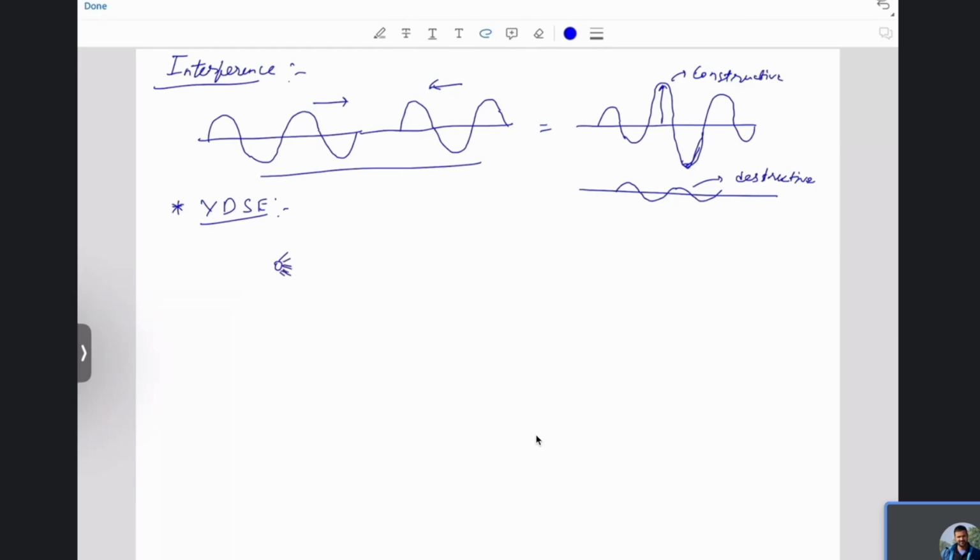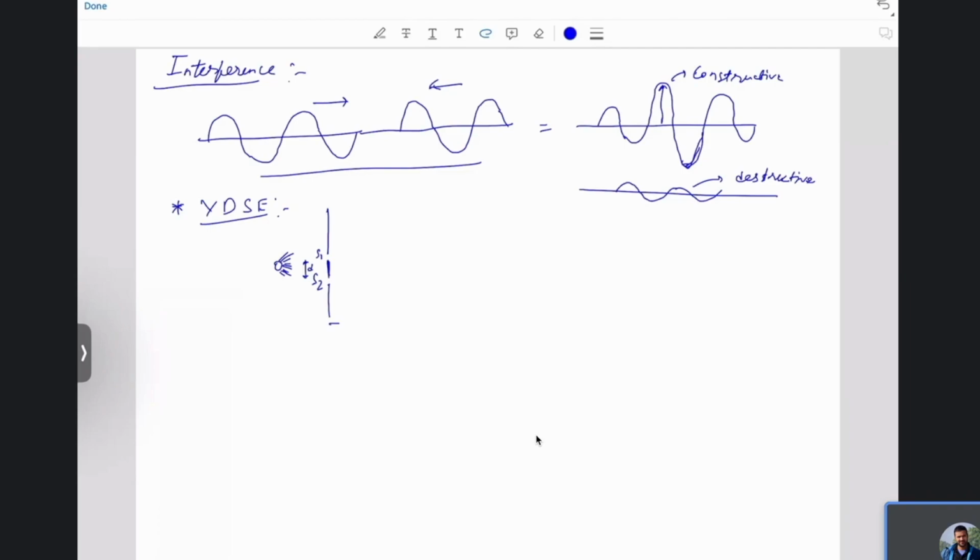It should be monochromatic, that is, having only one wavelength. Then you have two narrow openings called slits, S1 and S2. The distance between them should be d,